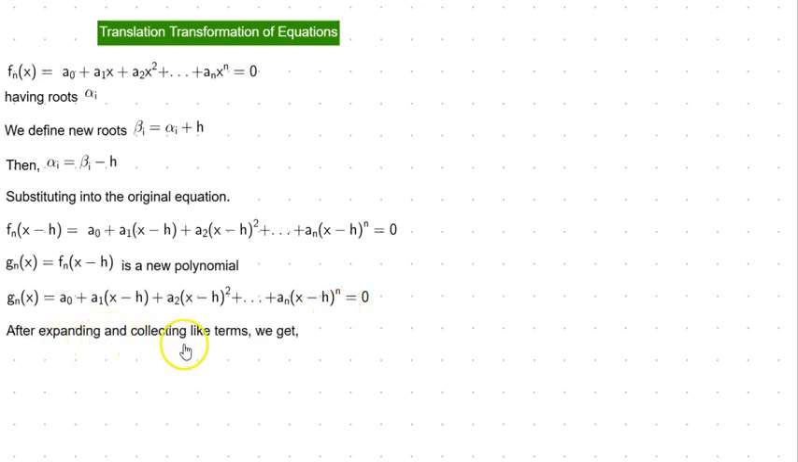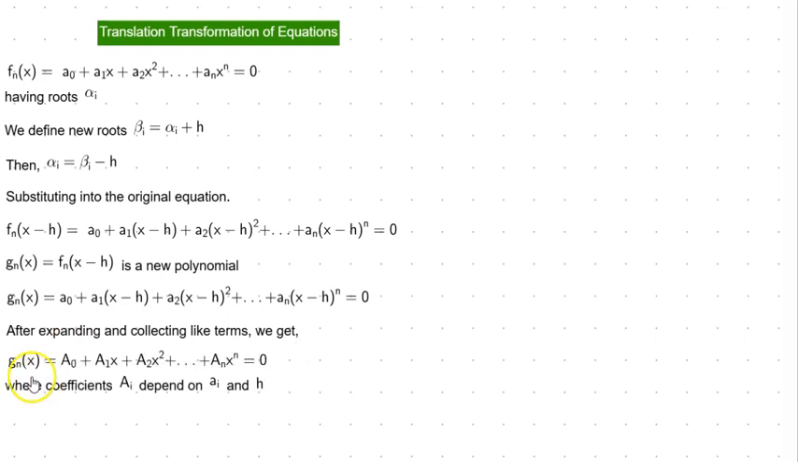Now after expanding and collecting like terms, we would arrive at g sub n of x equal to capital A sub 0 plus capital A sub 1 x plus capital A sub 2 x squared and dot dot dot plus capital A sub n x to the power of n equal to 0. Now what does this mean? What have we done? If we expand it,